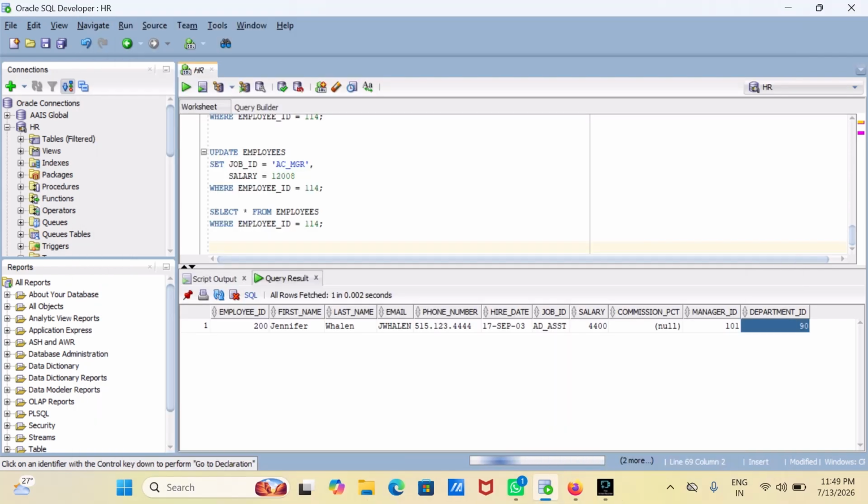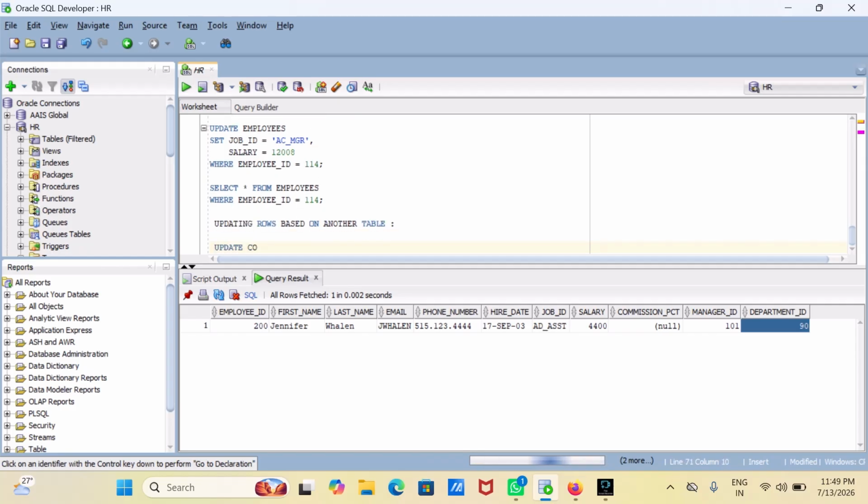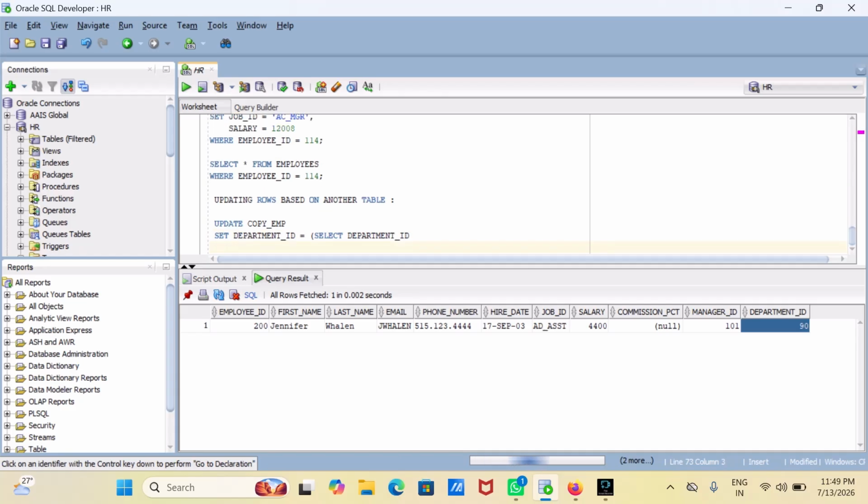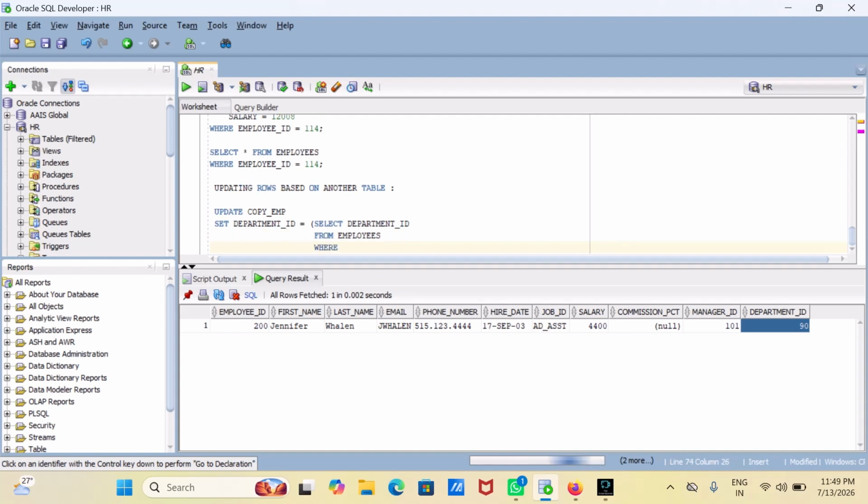Now, we will learn about updating rows based on another table. Okay, let us see. UPDATE copy_emp SET department_id = (SELECT department_id FROM employees WHERE employee_id = 100),